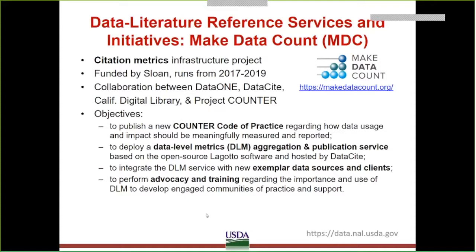The aim of Make Data Count is to develop and deploy the social and technical infrastructure necessary to elevate data to a first-class research object alongside traditional products such as publications. You can visit their website for more information and presentations.